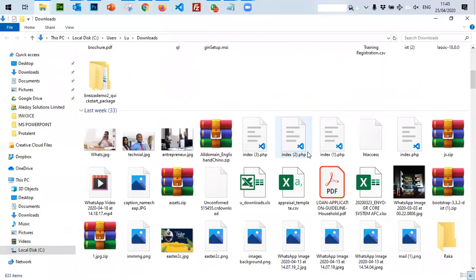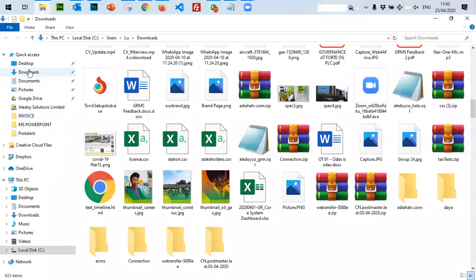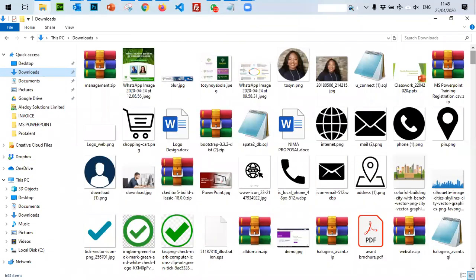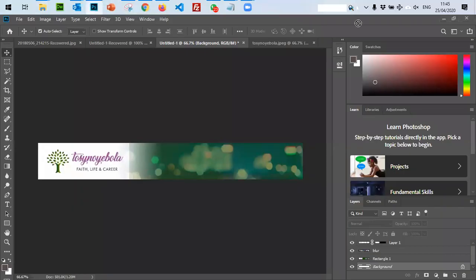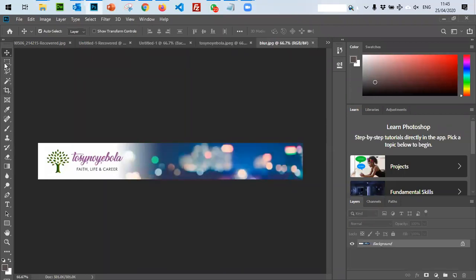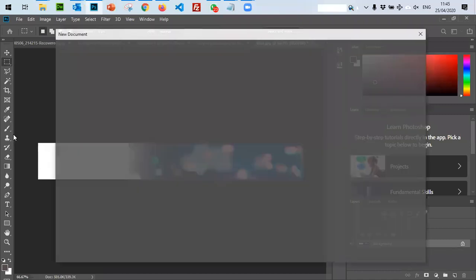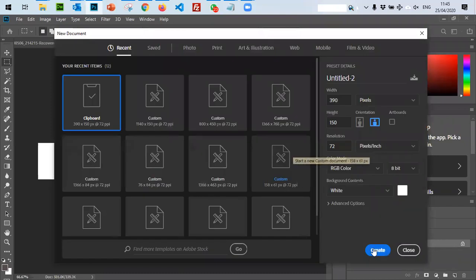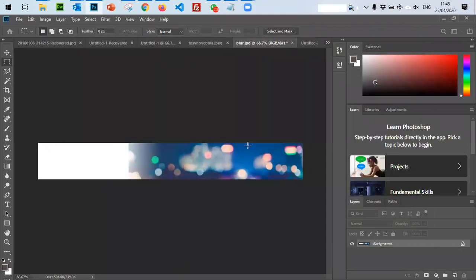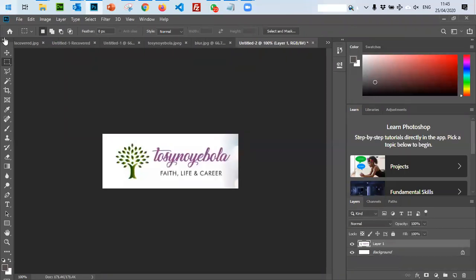Sorry, let me just see what I can find. Something I used recently. Okay, maybe I should use, let me just crop out. You know, the ability to design a website also requires you to know how to use some basic functionalities around Photoshop, because when it comes to images that are bigger than what you can manage, you now have to start resizing, readjusting, and the rest.